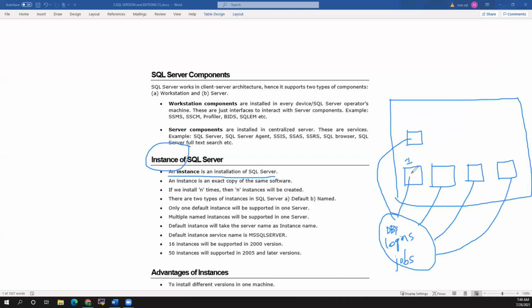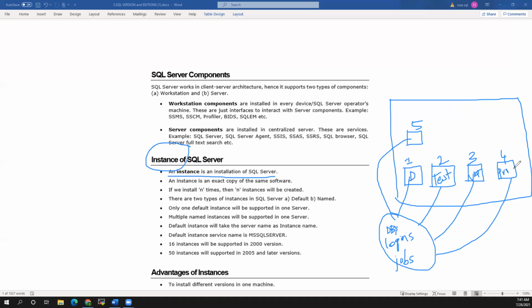In one instance you have one database, in the second instance you will have a different database, the third instance a different database, fourth different, fifth different. So what is the use of an instance? Generally, say I have a startup company and I don't have the money to build many servers. So in one instance I will keep development, in one instance a test server, in one instance UAT servers, and in one instance the live prod servers.